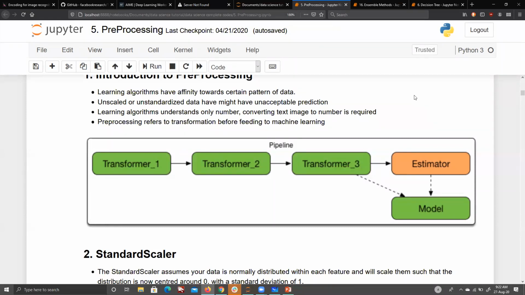So that's a good way to start. The very first problem that we run into is the problem of scaling. How many people understand the problem of scaling already? Let's say you are looking at two or three columns, and one column is in Indian rupees and the second column is in dollars. Good example. That is scaling actually. Or maybe it is a simpler matter of scales. There are two different scales.